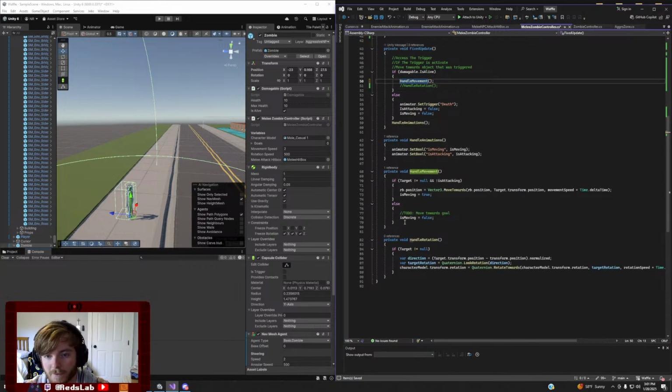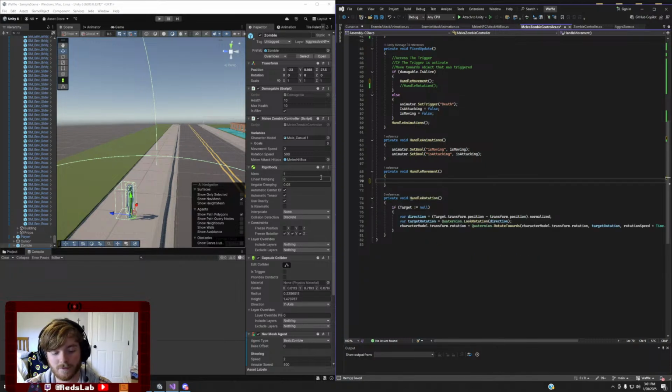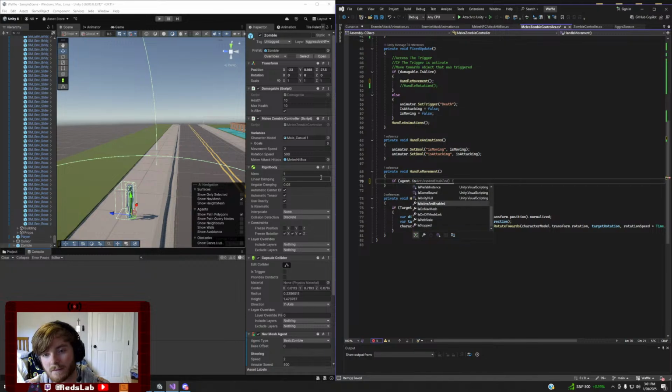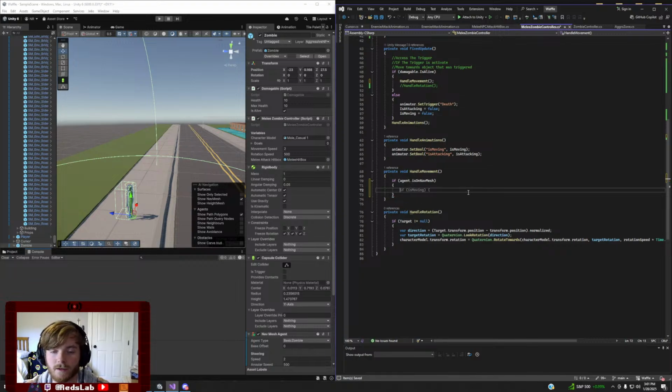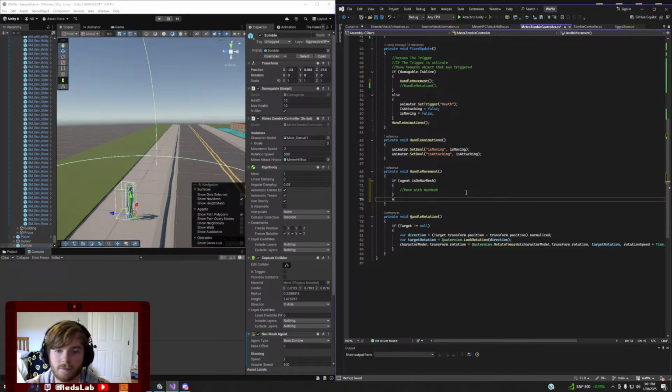And in our handle movement, we're going to just delete this. So if agent.isOnNavMesh, then move with nav mesh, else,